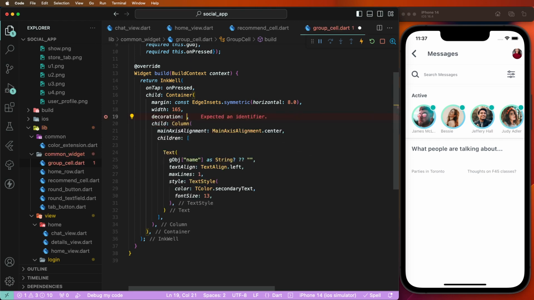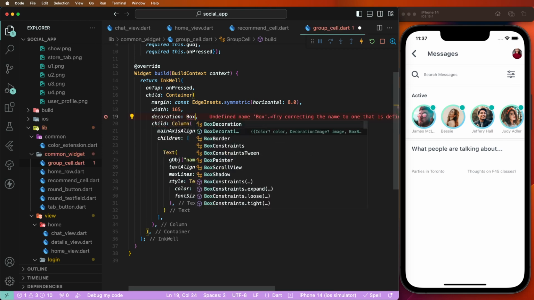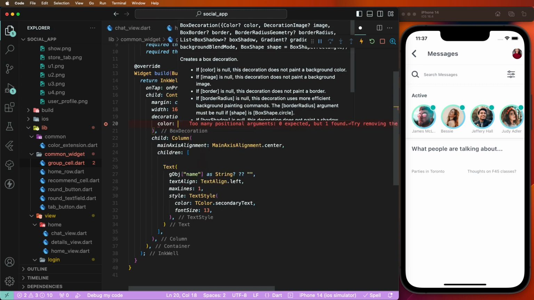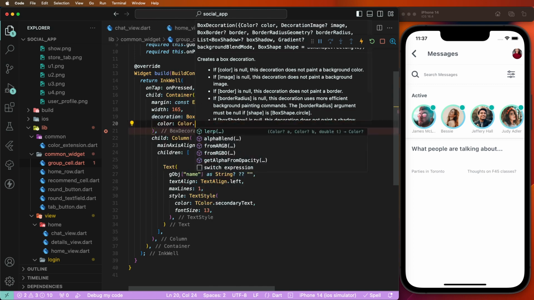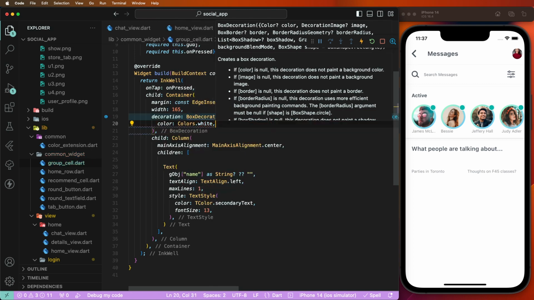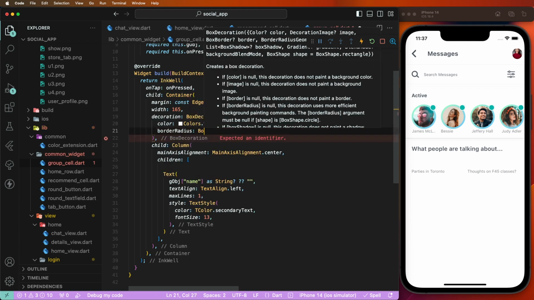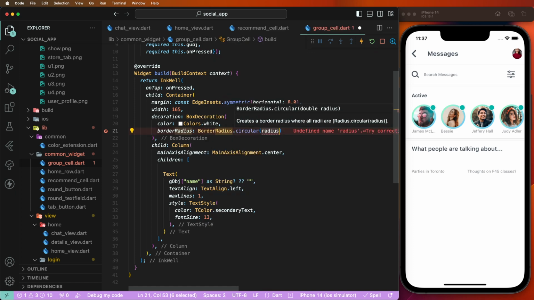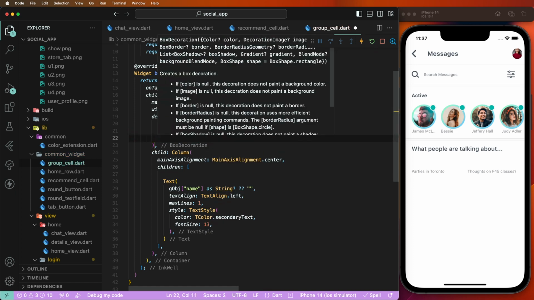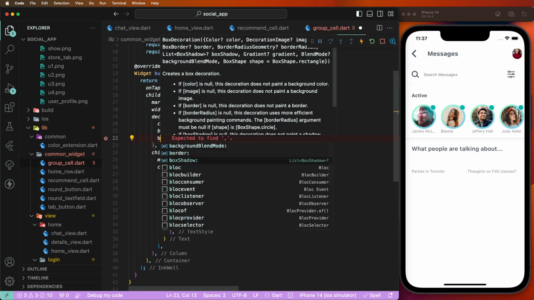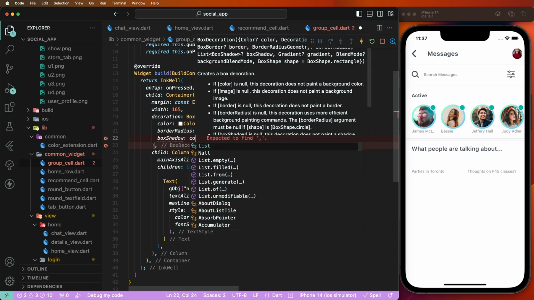Create here the decorations. Need to create here the box decoration. First of all, give the color white. Then need to set here the border radius, circular. Then after need to set here the box shadow, and to